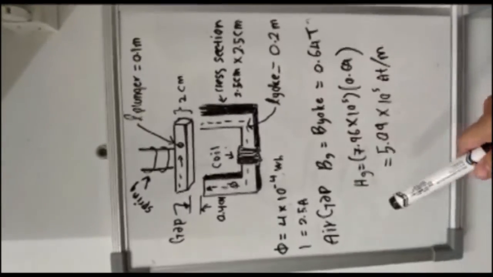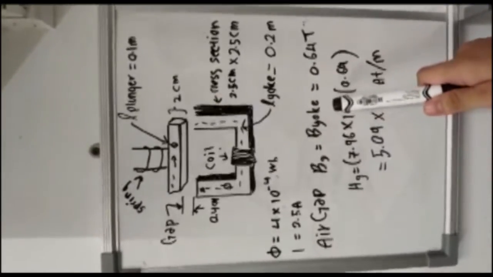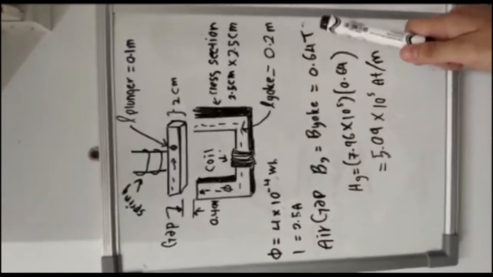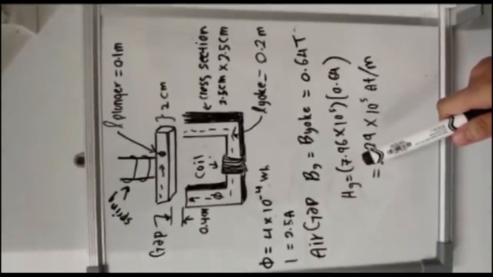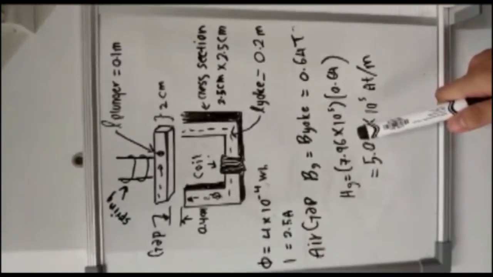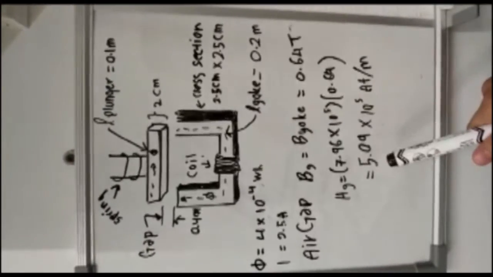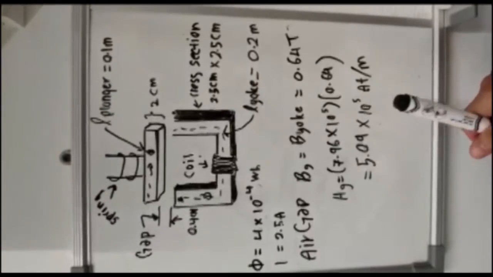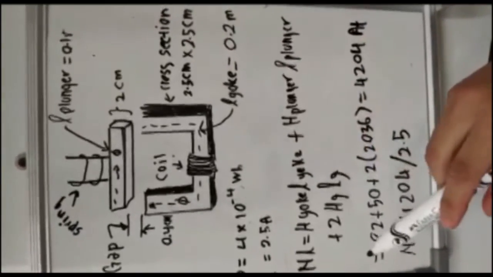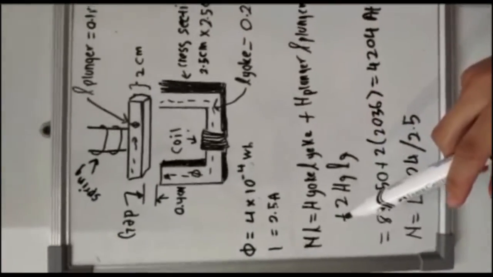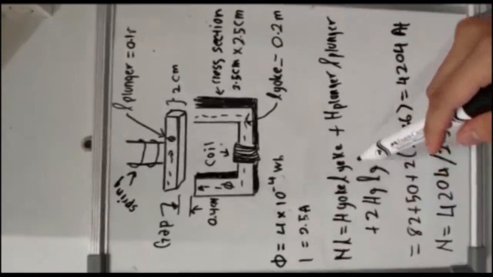Okay, for the gap, the B gap equals the B yoke, we can get 0.64 T. For the H gap, 7.96 power of 5 multiply 0.64, we can get the answer 5.09 power of 5 AT per M. Okay, the number of turns of the coil is the H yoke multiply L yoke